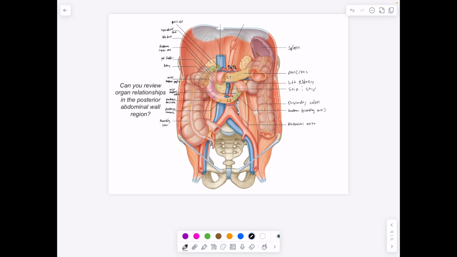All right, so remember T12 is where the aorta comes in through the median arcuate ligament. Then we have L1, L2, L3, L4, L5, and then we have the sacrum. So a whole bunch of different things going on, but let's just start with the organs, I guess. So we have the spleen, we have the pancreas, we have the left kidney here, we have descending colon, then we have ascending colon, we have duodenum, different parts, the proximal, aka superior, we have descending duodenum, we have transverse, we have ascending duodenum, then we have our vessels, inferior vena cava here, we forgot the gallbladder, common bile duct,